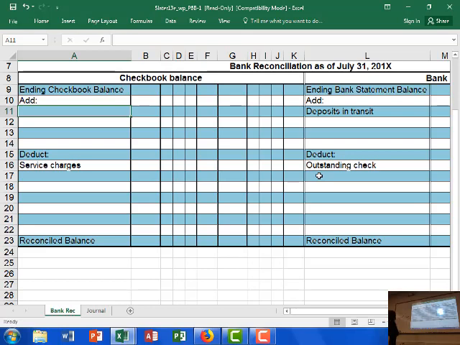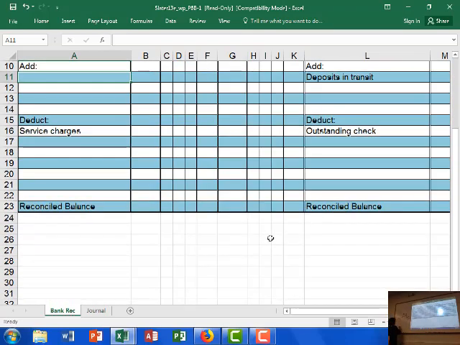Okay, so the total amount was $1,050 minus the $15. So how much goes into my accounts receivable? Only $1,035, because the bank is keeping the other amount. Okay? So make sure that when you are journalizing,